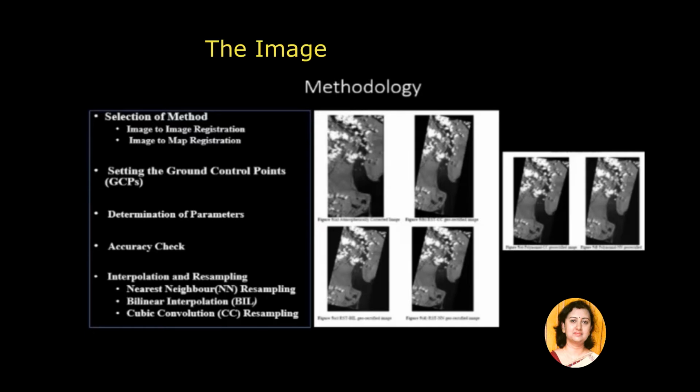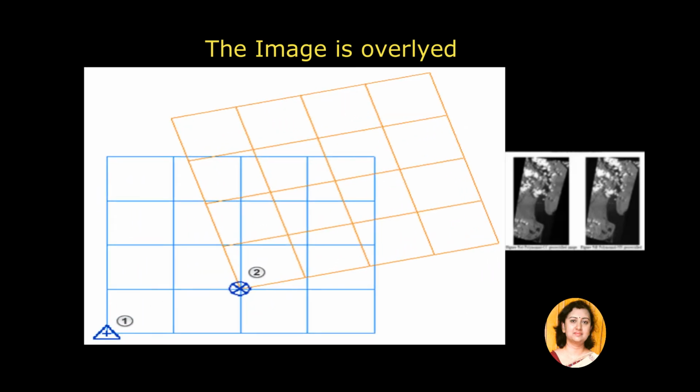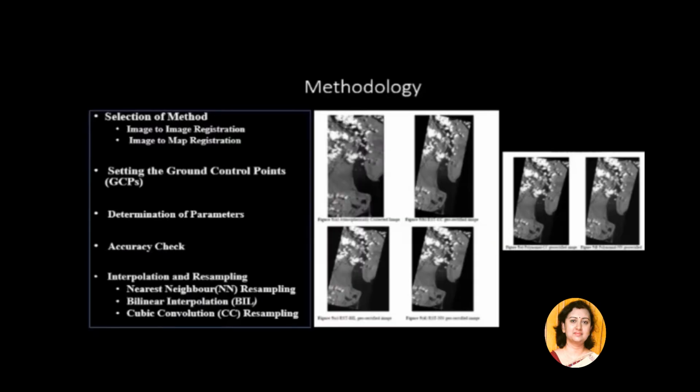You are trying to overlay one image on top of the other, and there is a translation and rotation alignment process going on. We will not discuss all these processes in detail, because our objective is not to study geometric correction in detail. It is a little bit complicated, and there are some mathematical processes aligned with it. So this is beyond the scope of the syllabus actually.